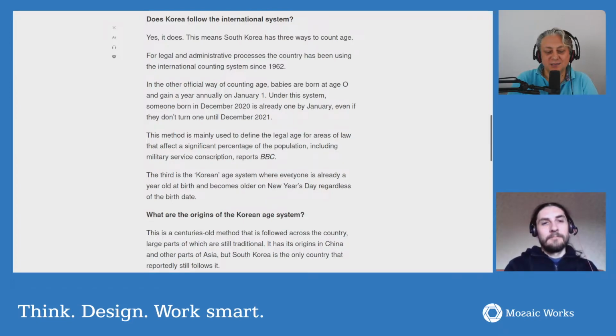But in this case, let's assume that you start with the normal way of computing age, right? And then you need to go into South Korea, and suddenly you have to introduce two more ways of computing age. Yeah. Which is the strategy pattern, basically. So you have more strategies to tackle depending on different inputs. But absolutely unexpected. Exactly.